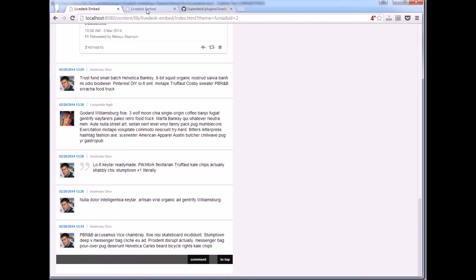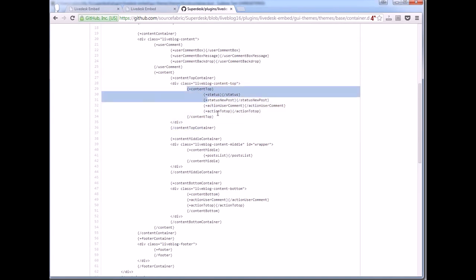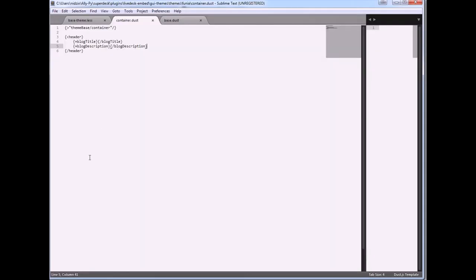So let's copy this part, go back to our container.dast, remember to change the opening character. We will leave status, which contains update time.